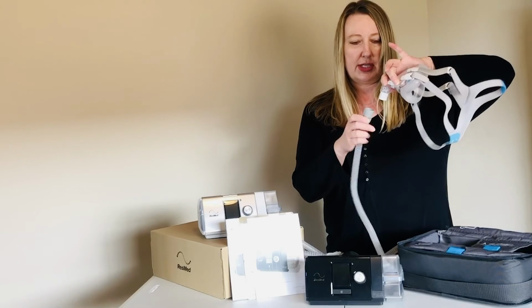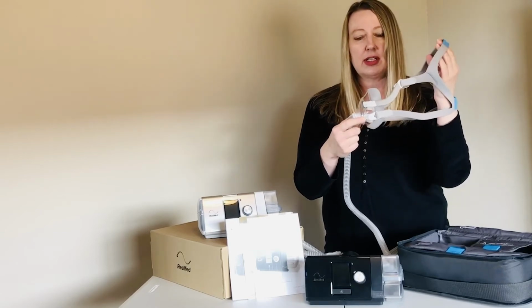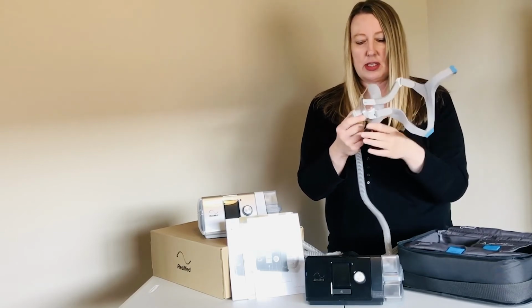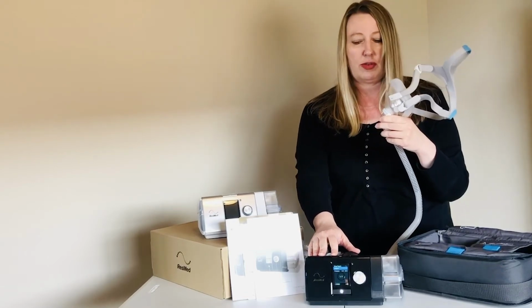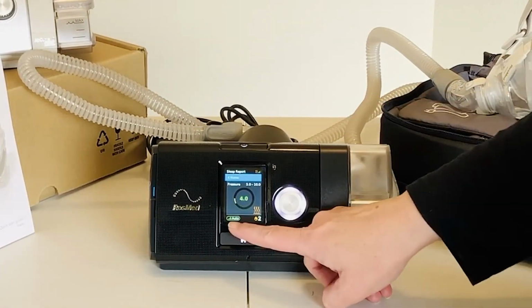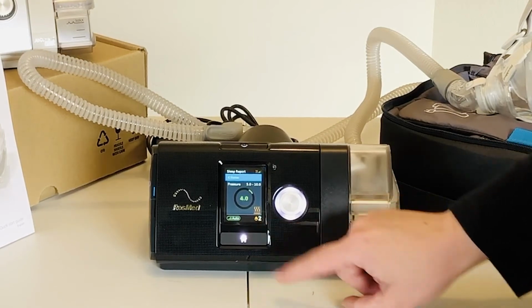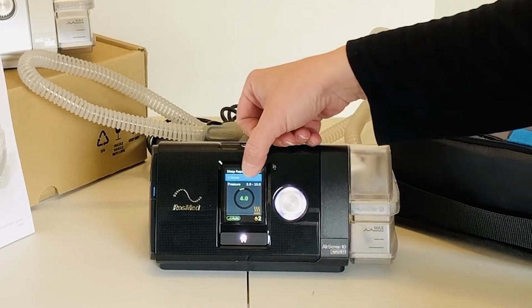To begin using CPAP, fill your water reservoir with distilled water. Attach your provided mask to your CPAP tubing and place the mask on your face. Adjust the Velcro of the headgear for a snug fit. To start CPAP, simply press the start-stop button and the light on the top will change from green to white. CPAP is now on. The display will show ramp setting, humidifier level, pressure being delivered, and prescribed pressure by your